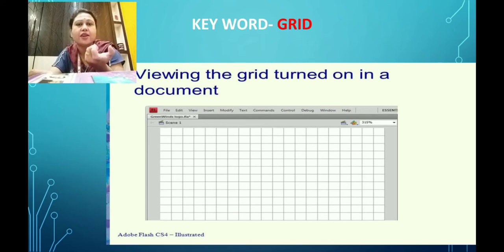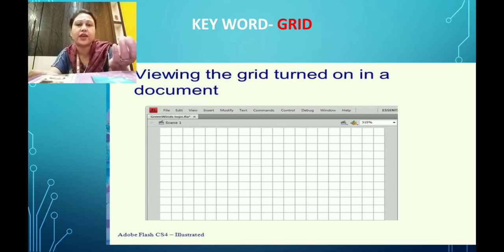And how can we show the grid? By going to View and clicking on Show Grid in Flash, and you will find your workspace, your stage, will turn into square lines, and these are called grids. This is mostly useful when we are drawing any object using the Line tool in Flash, so that we can appropriately draw any object.